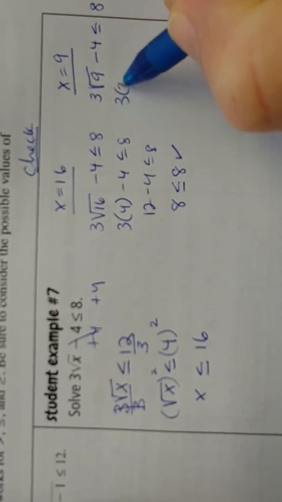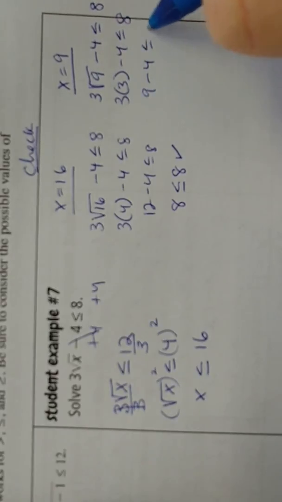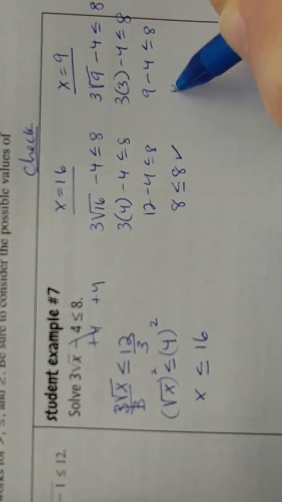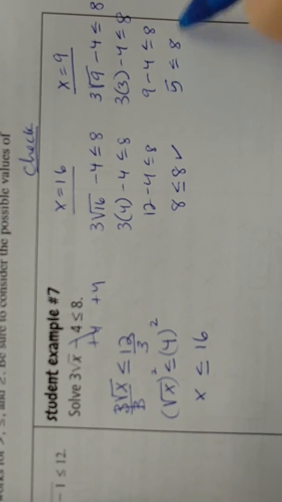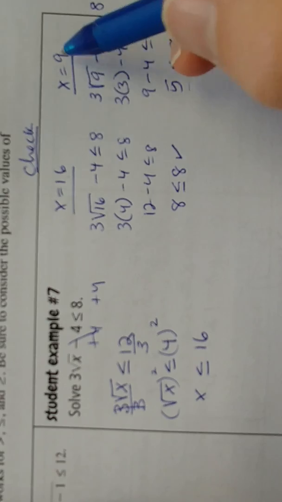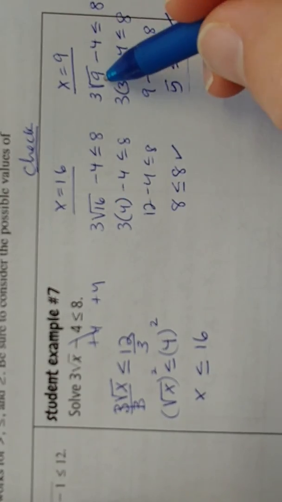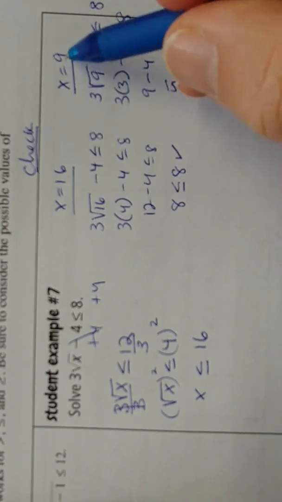So that's 3 times 3, which is 9. 9 minus 4 is 5, and that is less than or equal to 8, so that works out great too. So the 16 works, the 9 works, so far so good. However, there's this other thing we need to consider, which is that the number we're plugging in is going to